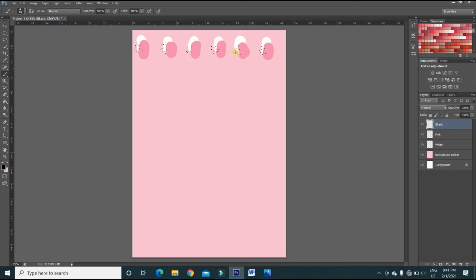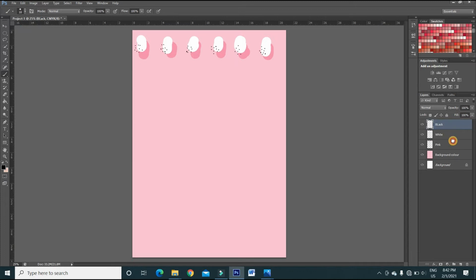Now one thing here is that if you want to rearrange the pattern, like if you want the white spot to be on the upper side, then you just have to change the position of the layer. So if you want the white spot to be on the top, then you just have to select the white layer and then drag it on the top. So after you drag it, the spot will be on the upper side. But as you can see, the black spot is hidden under the white layer. So for that we just have to bring the black layer above the white layer. So just select the black layer and drag it above the white, and that's how the pattern is created.